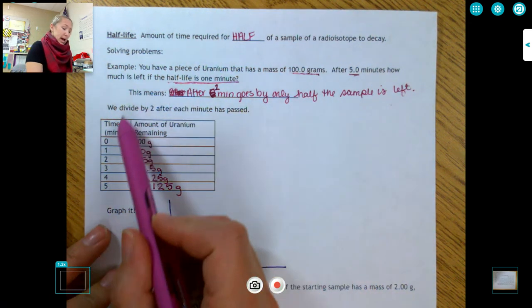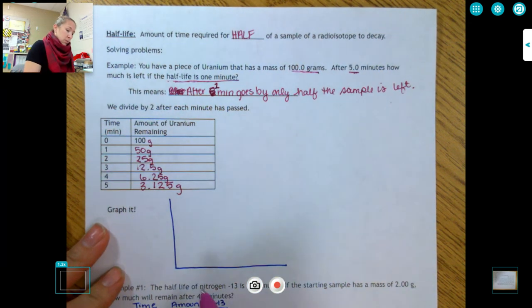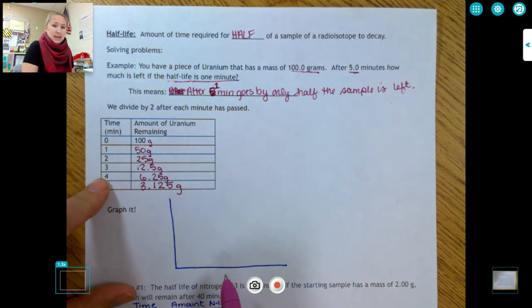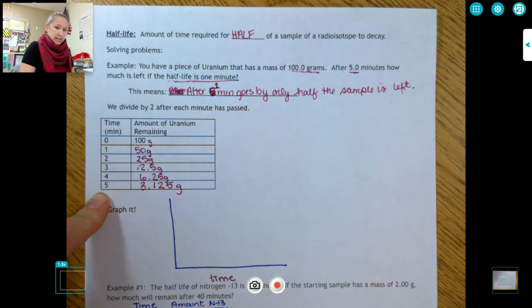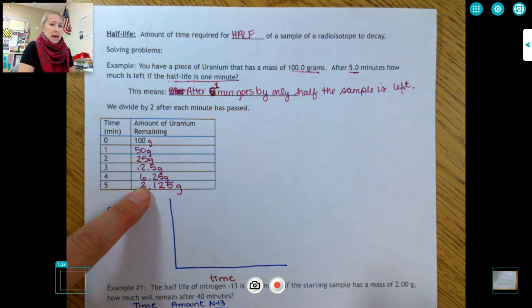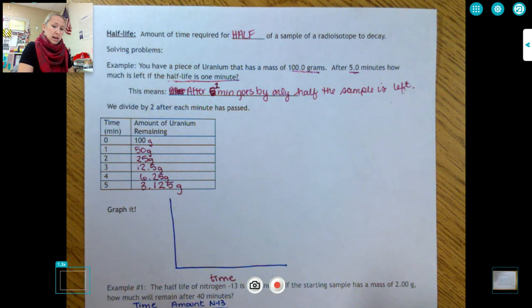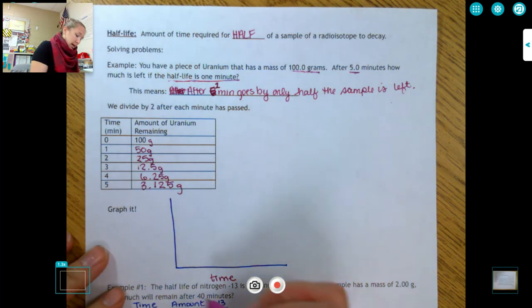We can also graph this information. When we graph it, time is our independent variable, right? We're controlling the time that we have. So time goes on our x-axis. The amount that we have is dependent upon how much time goes by. So the amount that we have